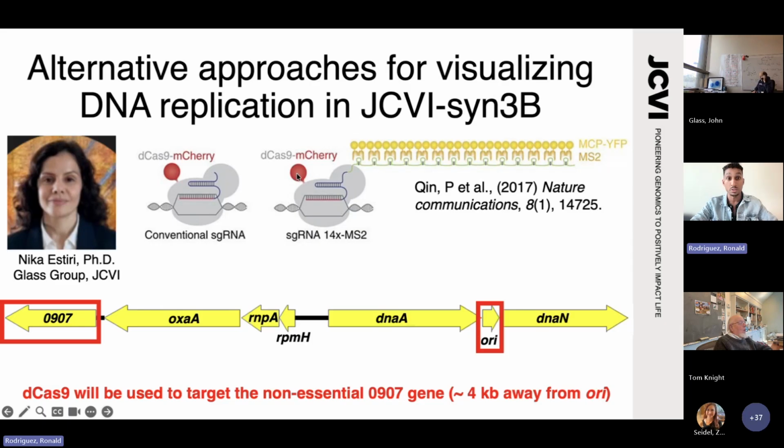If we take this methodology and insert a big piece of DNA at the 0907 locus, which is roughly 4 kb away from the ORI, whether we look directly at the ORI or approximately 4 kb from the ORI might not make that much of a difference because of the type of microscopy that TJ is able to do. So right now I have a piece of DNA that has all of these sequences with different fluorescent labels,